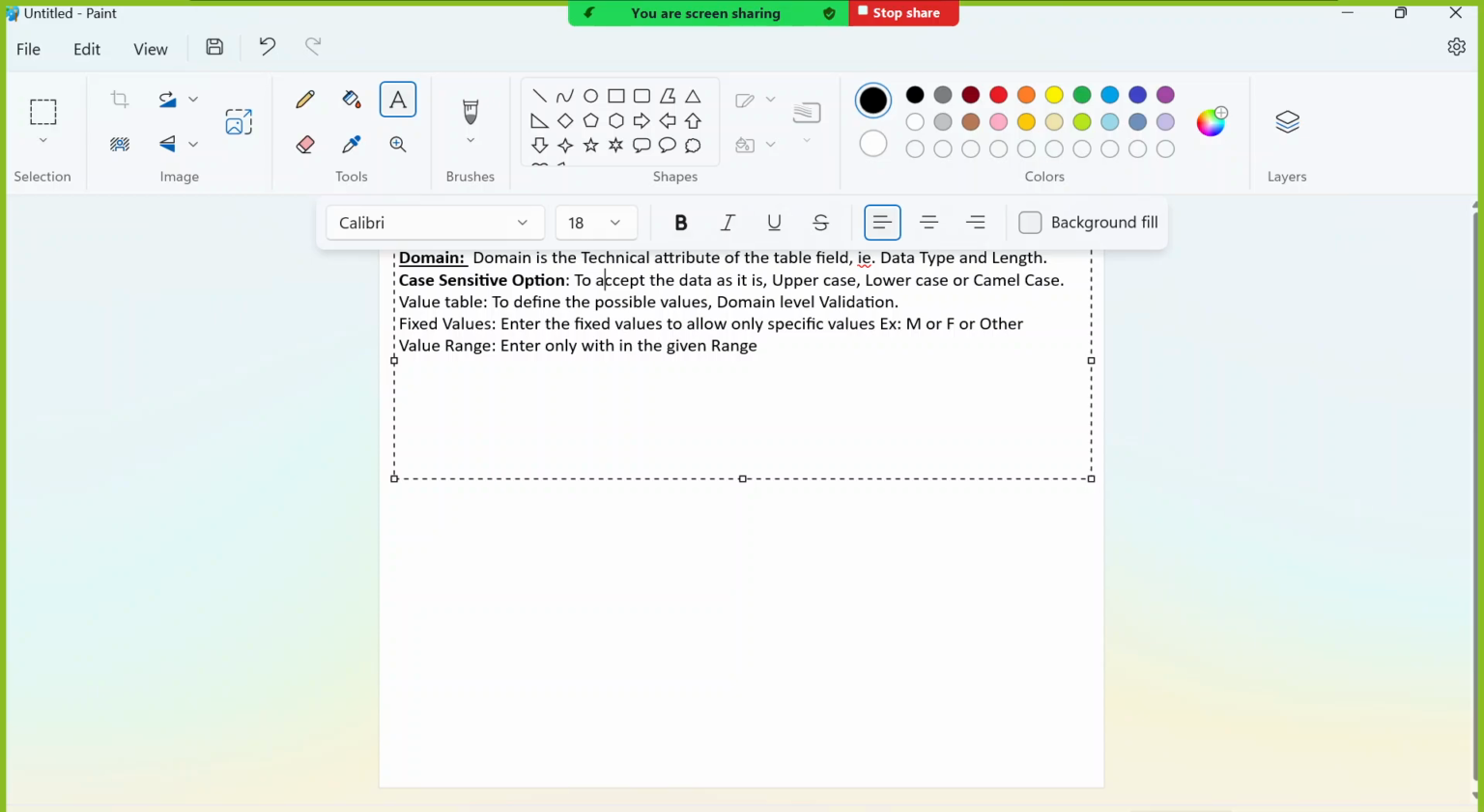Clear? And we have other options like value tables, fixed values, and value ranges, so that you can control the user to enter the data, so that user cannot enter any random values. Okay. So when we go for fixed values,